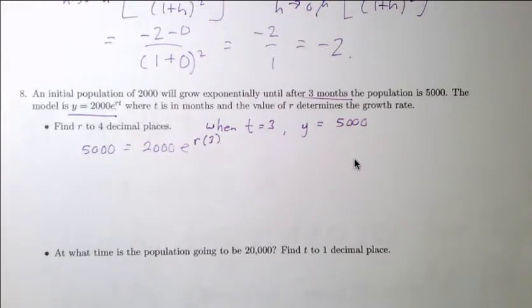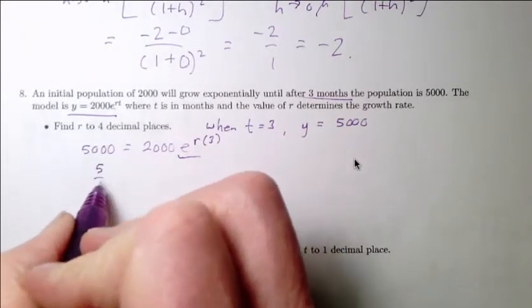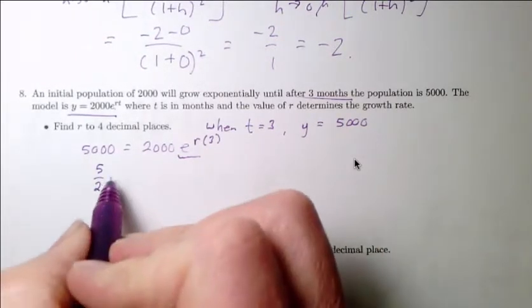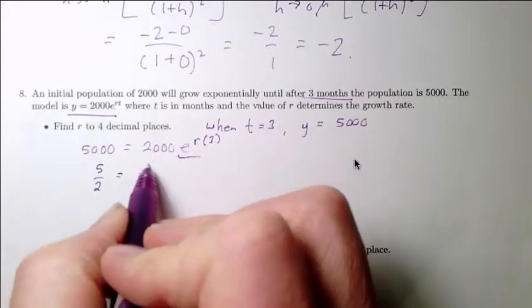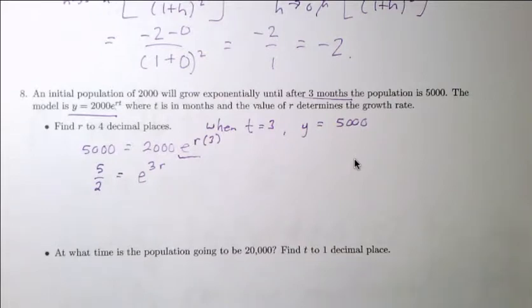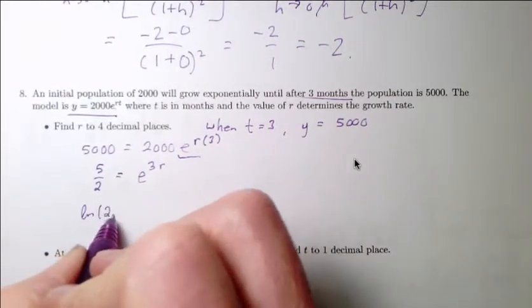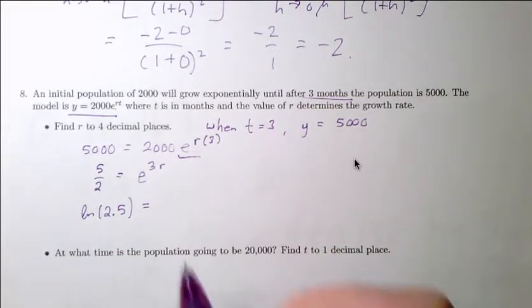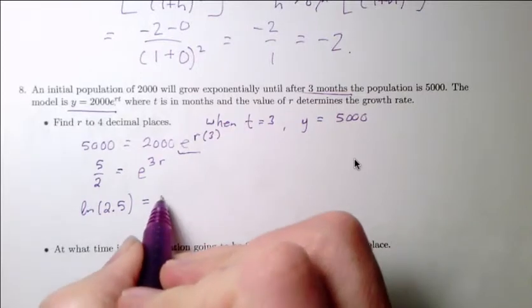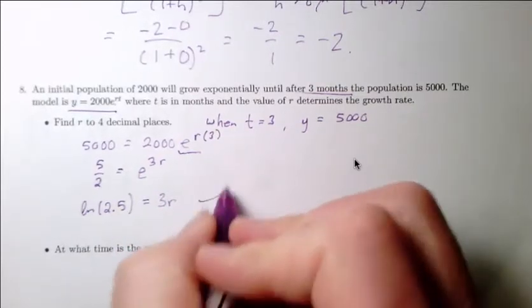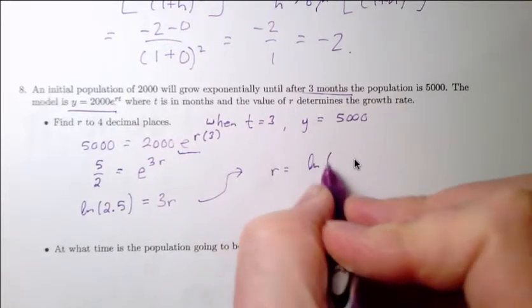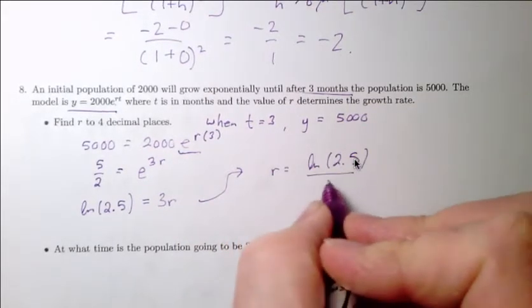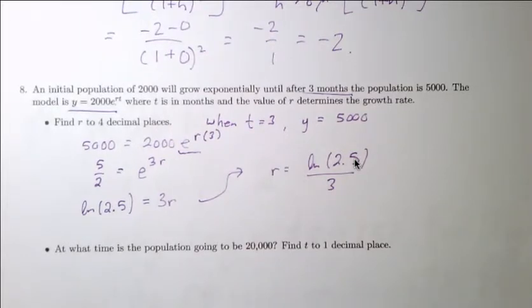To solve a problem involving an exponential, it's easiest if you isolate the exponential first. So I divide 5,000 by 2,000, cancel some zeros, and I get 5 halves equals e to the 3r. Now I can apply the natural log to both sides. 5 halves is the same as 2.5. I take the natural log of e to the 3r. Natural log and e are inverse functions, so they cancel each other. And I get r is the natural log of 2.5 over 3. Now if you pick up a calculator and evaluate that as a decimal, you should see